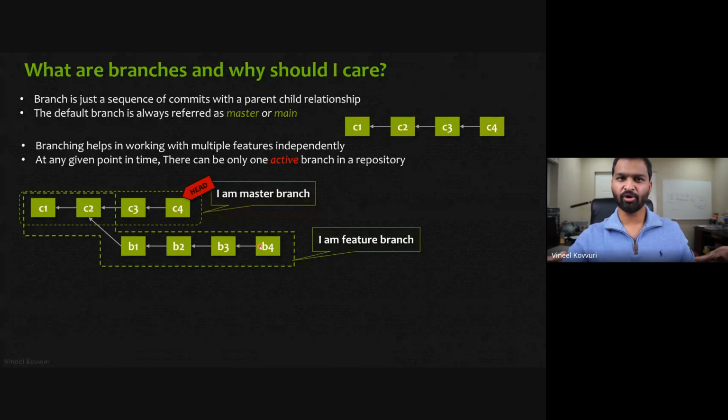So at any given point in time, a repository, a code base, cannot have more than one active branch. I'm using the word active here. I'm not saying a code base cannot have multiple branches. A code base can have multiple branches. In fact, there's no limit to how many branches you can have. I can have a January branch, February, or however many branches I want. But all I'm saying is a code base cannot have more than one active branch at any given point in time. The reason for that is